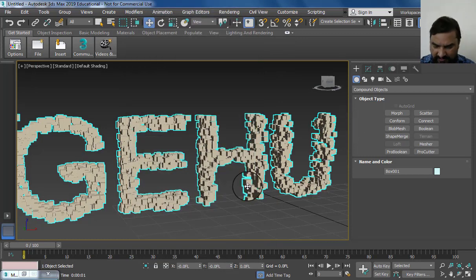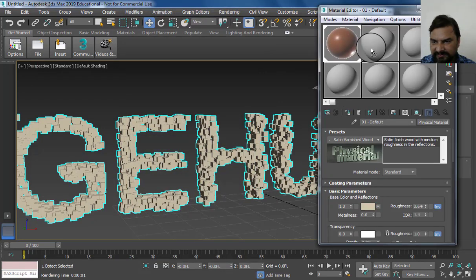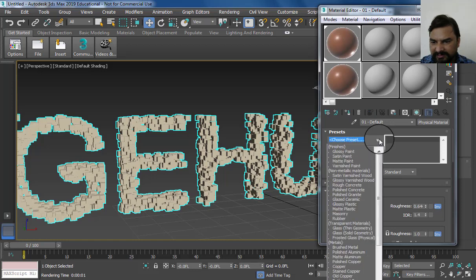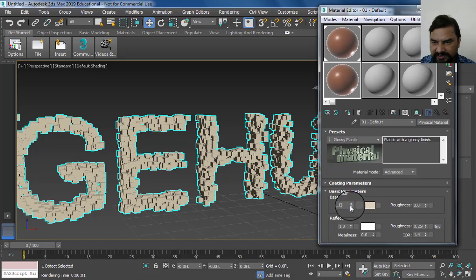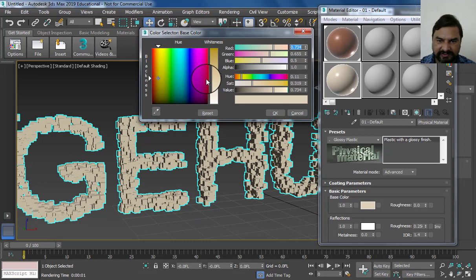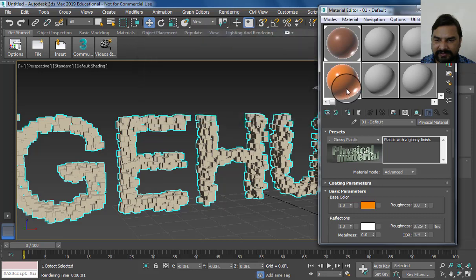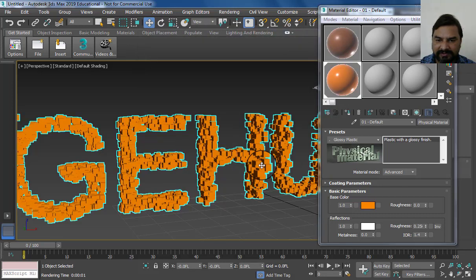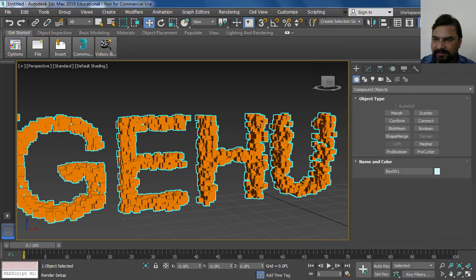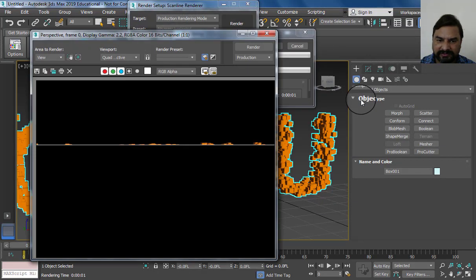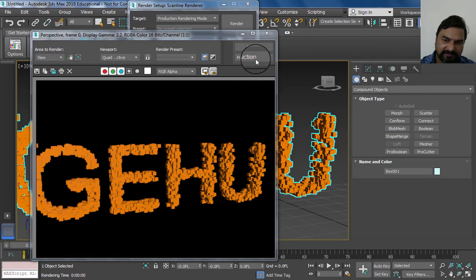We can also use some different patterns, like glossy plastic. We can change the color to something different, apply and replace, then press render, and our object looks like this.